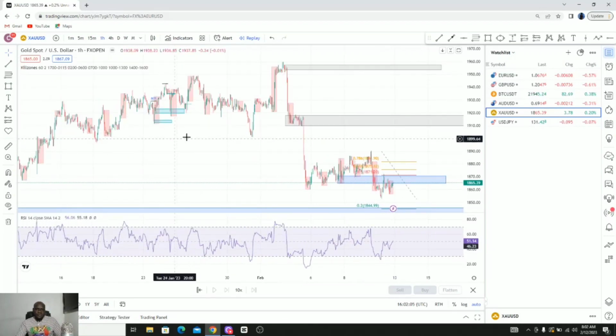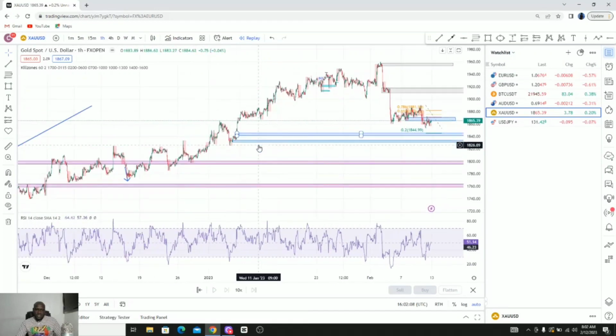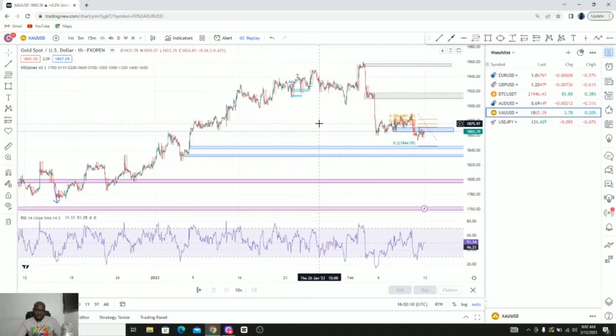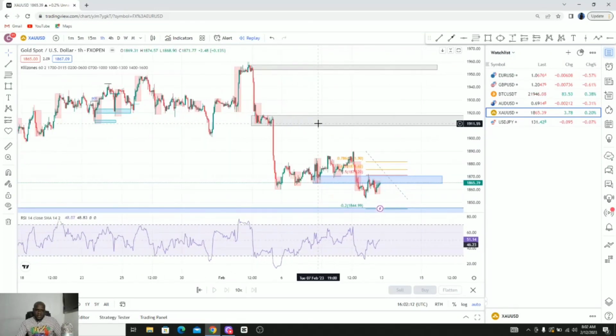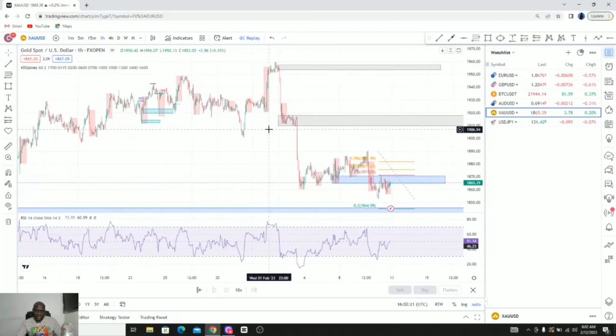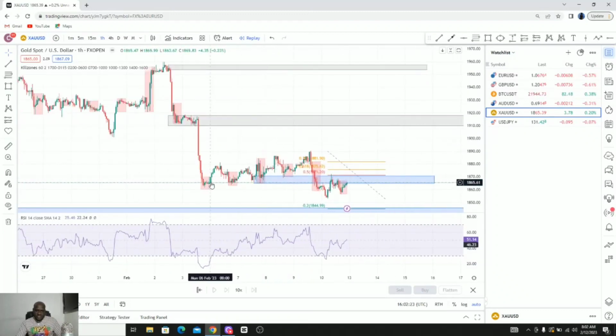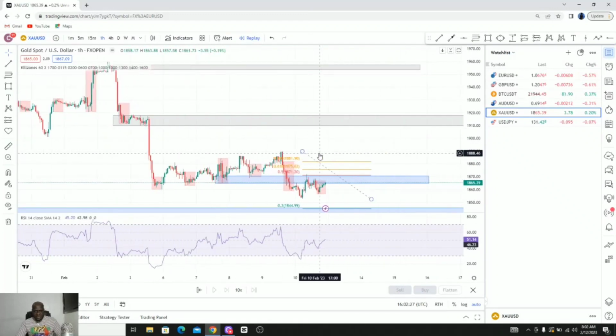From the 1 hour chart on gold, as you can see, gold is dropping right from this supply zone. It dropped from this supply zone, came to this supply zone, broke it and dropped again. Then at this point it did a retracement to the upside, and now it starts dropping again, and it also broke this demand zone. It took this supply zone, broke this demand zone, and now it broke this demand zone. These are supply zones. I got them from the